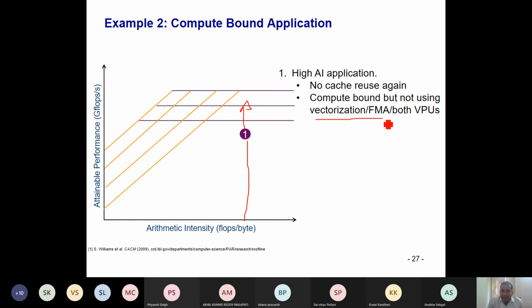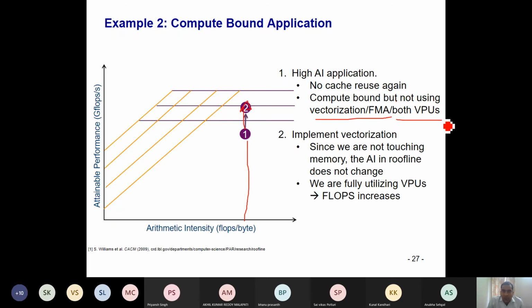It is not using vectorization or FMA, or it is not using both the VPUs. So we will implement vectorization. Because we have not changed the AI, we don't go right or left. We are in the same region; the X coordinate does not change. So we implement vectorization. If we utilize all the 8-fold vectorization, our performance improves by 8 times. And if we can utilize FMA also,